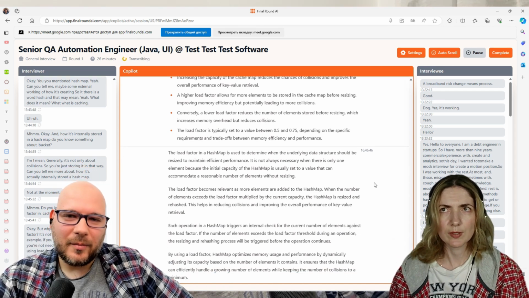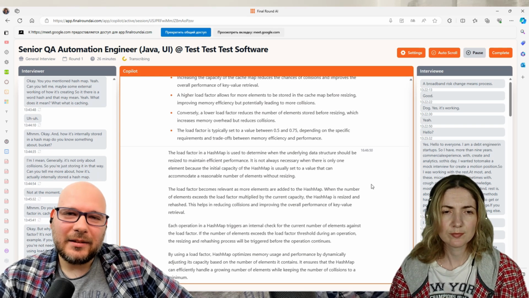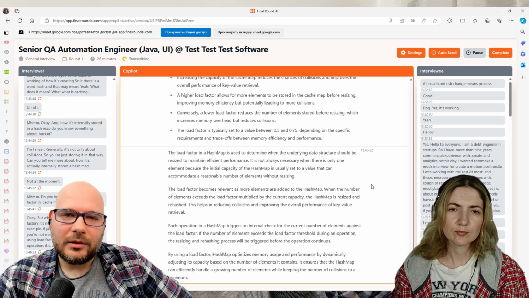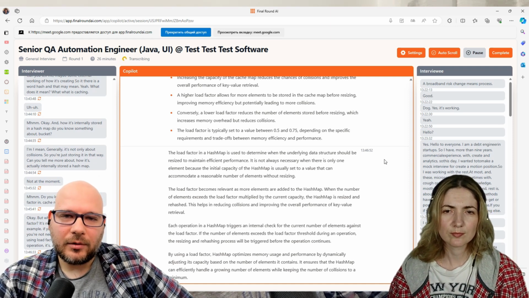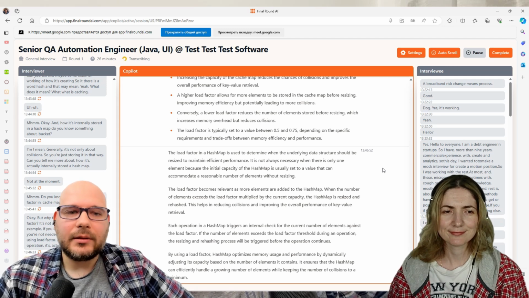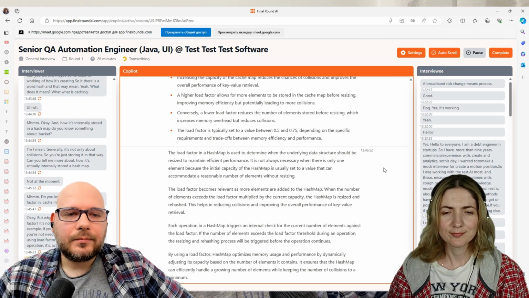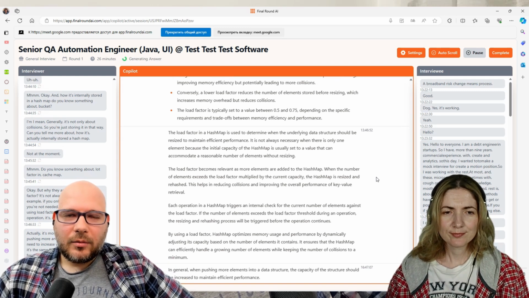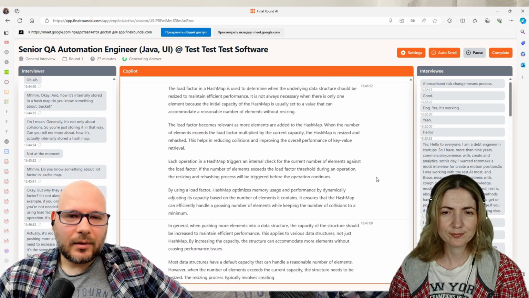So yeah, it's the same for other structures in Java. For example, ArrayList also works in such a way: you have some default capacity, but it will be increased once you get more elements. Okay, so probably that's all about collections.